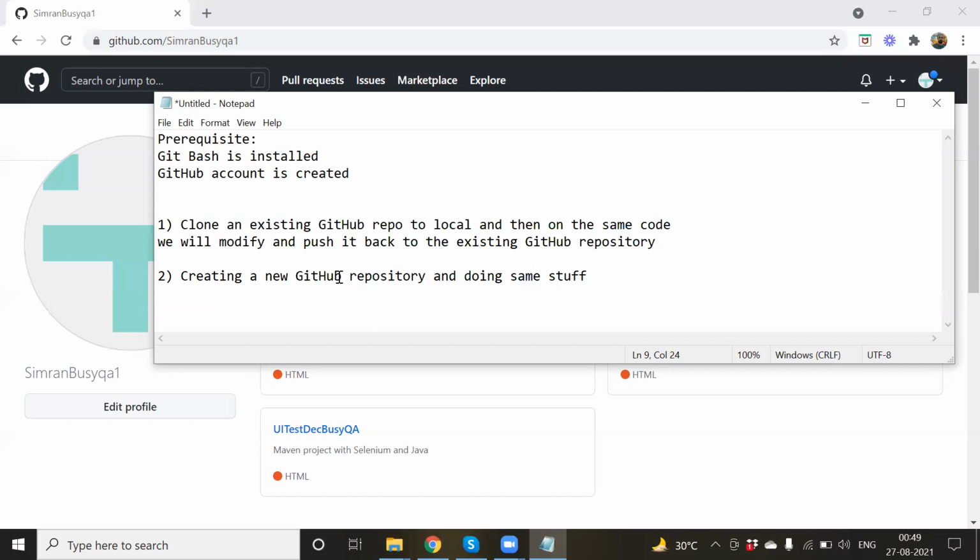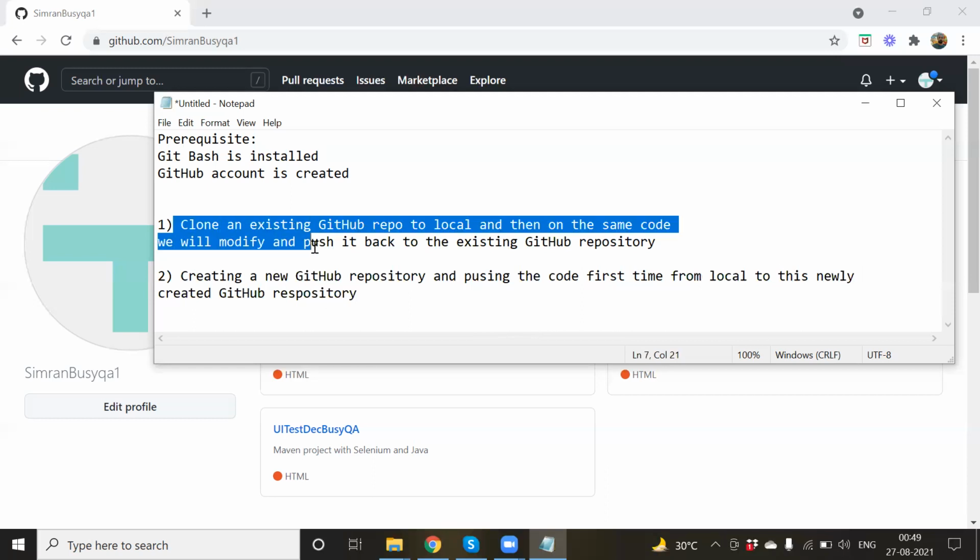We are creating a new GitHub repo, and we have to push the code from the local to this newly created GitHub repository, pushing the code for the first time. Okay, so let's try to do the cloning first.